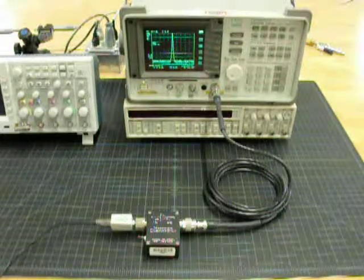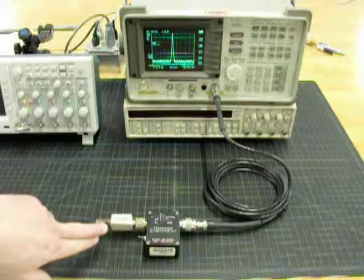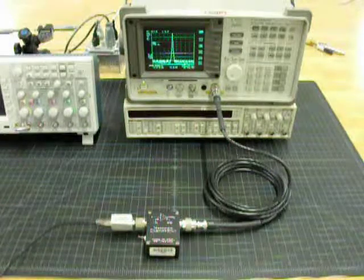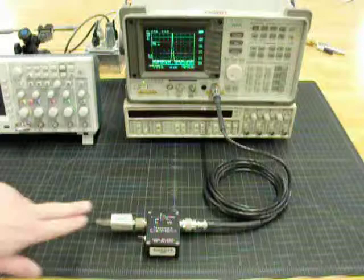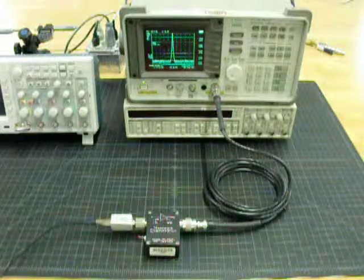In this example, we are showing the Mathews Engineering 400 megahertz FETAMP working in conjunction with a Tektronix 500 megahertz 10x probe, and we're probing a 400 megahertz RF signal with a 10 mega ohm input impedance. The amplifier, of course, is 1 mega ohm input impedance, and the 10x probe increases that by a factor of